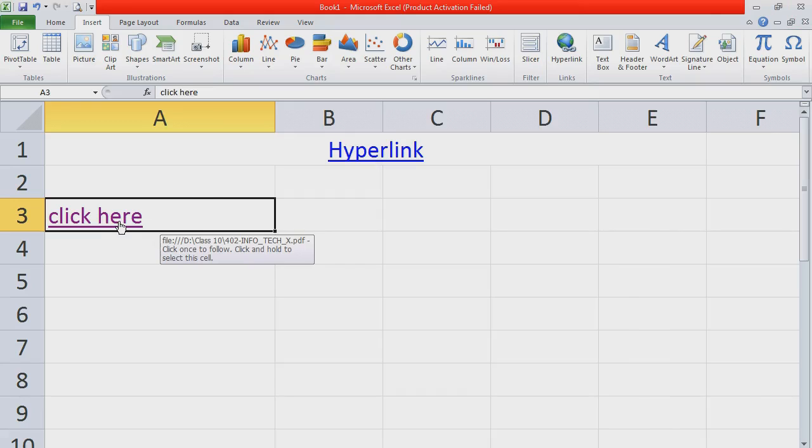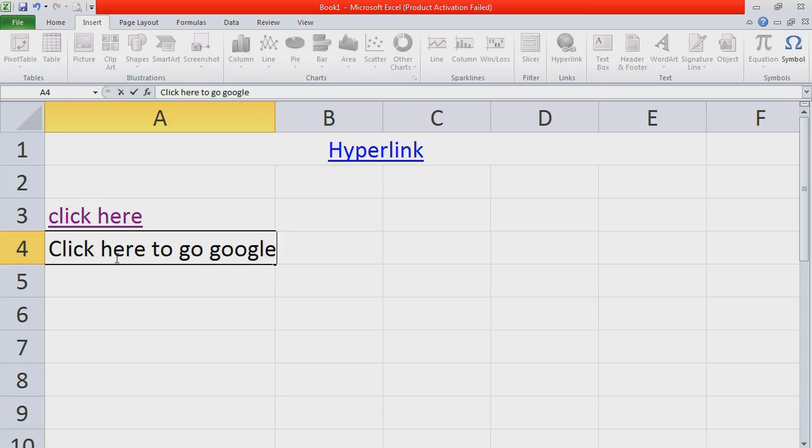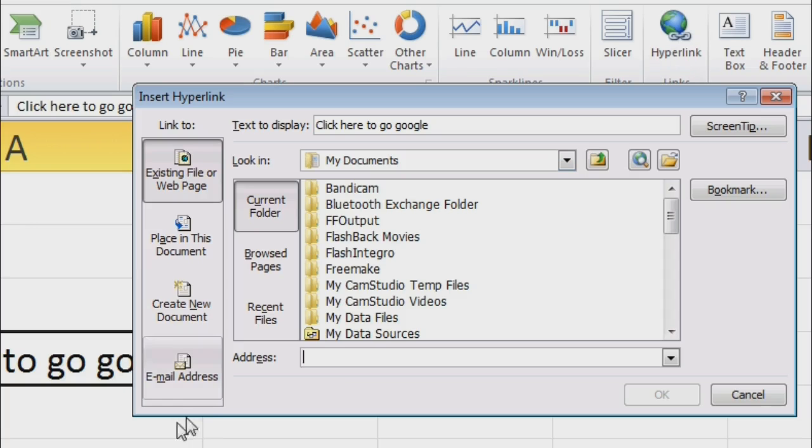Now suppose if you want to connect any web page, suppose I have written I want to connect, click here to go Google. So again I'll go to insert tab, in the links group, hyperlink option. Now here you will type the address of your web page that you want to open.